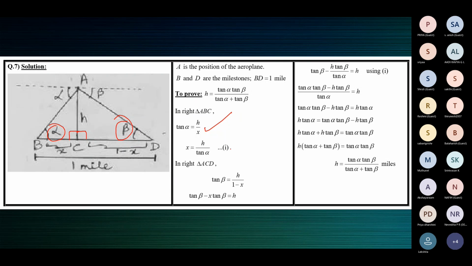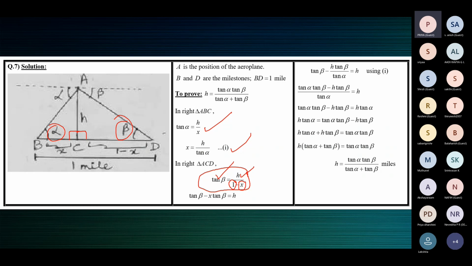If you have a doubt here, let me not explain this at this moment. A little later, I'll tell you. The other triangle, tan beta, opposite by adjacent. So opposite is h, adjacent is 1 minus x. Now, if you look at this one, h we need, because we need to get h is equal to, tan beta we need in the final result. One will just go away somewhere when you cross multiply or whatever. It's a constant, so you don't have to worry about it.